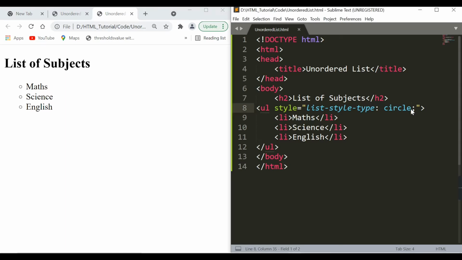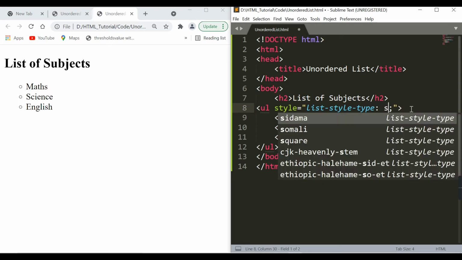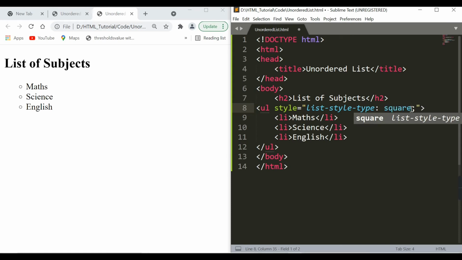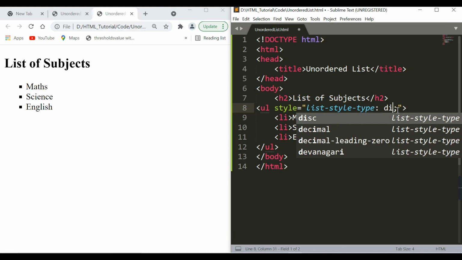You can also use other symbols. Basically there are four types: circle, square, and disc, and the default we have already seen. Let's see how the square one is represented. So this is how the square shape is represented with the list. Another one we can use is disc.